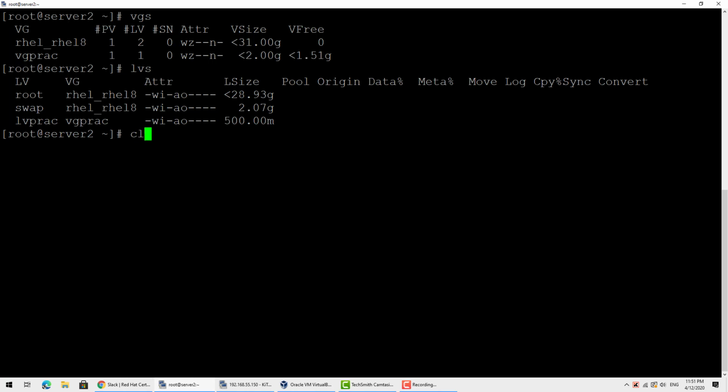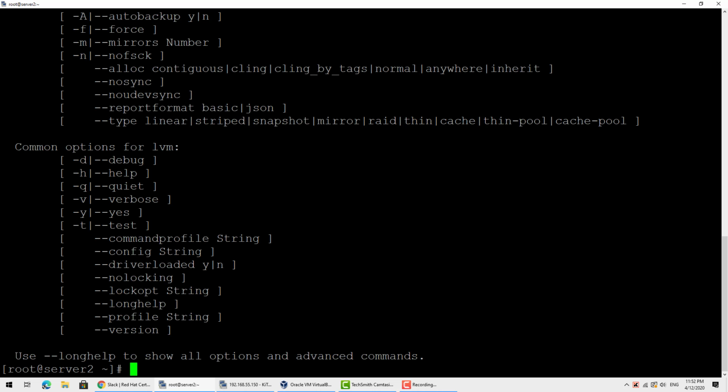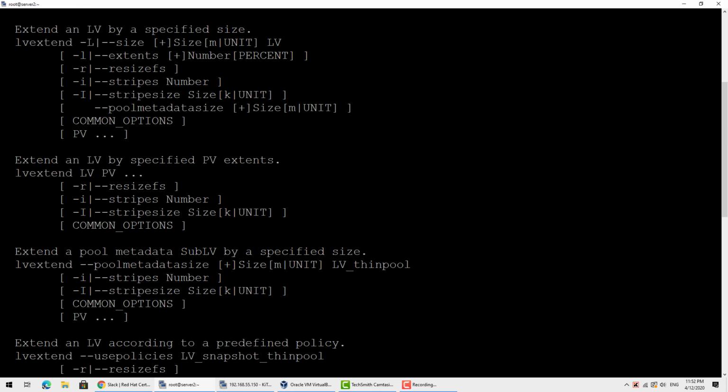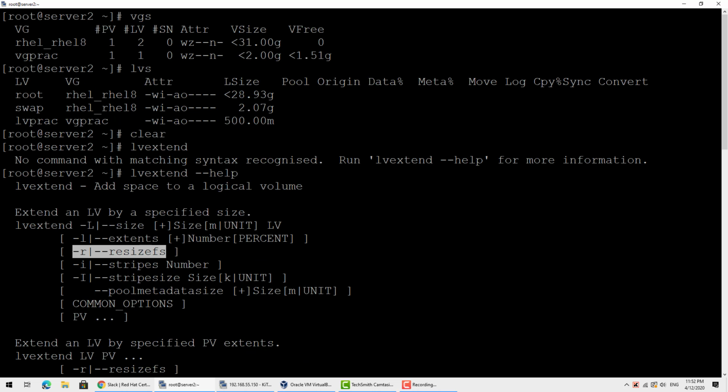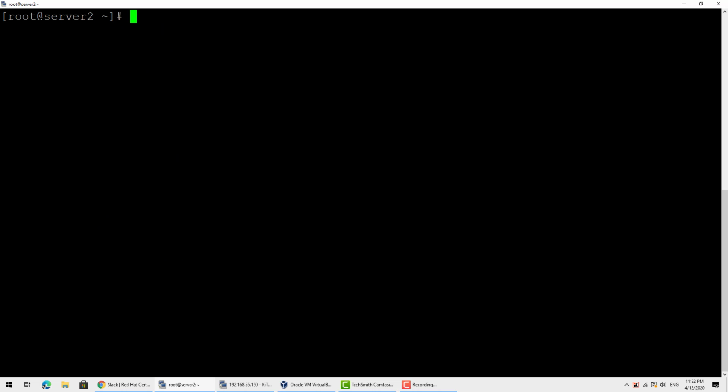So it's actually something we can do. It's something I learned from one of you guys on the video, so thanks for this. So we can actually do an lvextend. And we can do a minus r. Let's do a help. Oh, that's really not good. So resizefs for FS. We want also the size, so --size or minus L, okay, and then by specified size, and just give the LVS. Okay, so lvextend